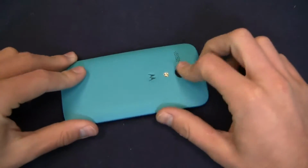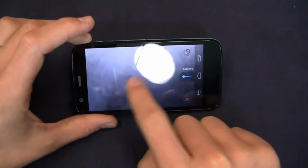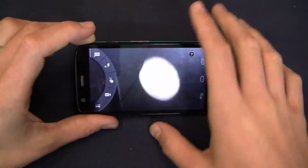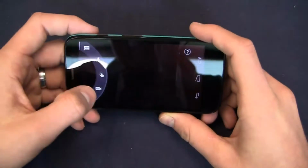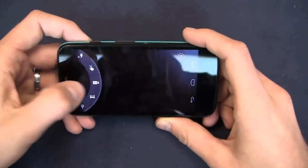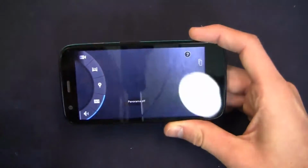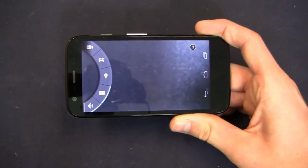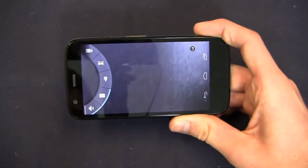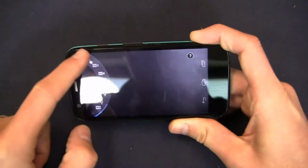Let's jump right in and take a look at the camera here. You've got a 5-megapixel camera on the back, and of course you can see here quick access to settings, quick access to gallery just by swiping. Very quick, very easy. And of course your settings over here include HDR, flash, and of course control my focus and exposure, slow motion video on, and of course panorama as well. So you've got some really nice, and again, I'm going to mention it a lot in this video because it is a key factor of this device for the price point, slow motion video, HDR photos, even though it is 5 megapixels, still very impressive all around in what you get